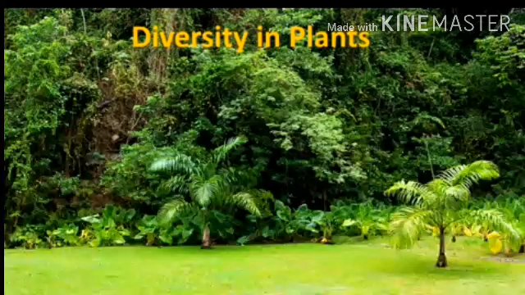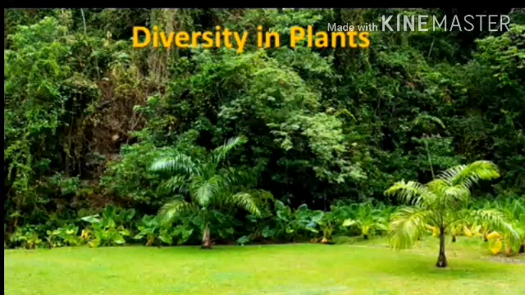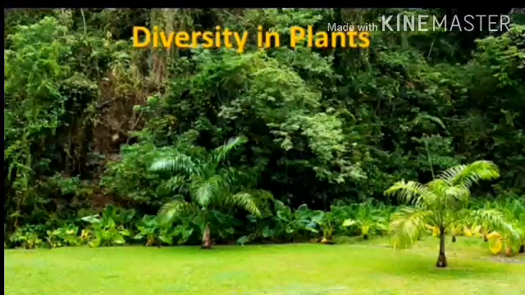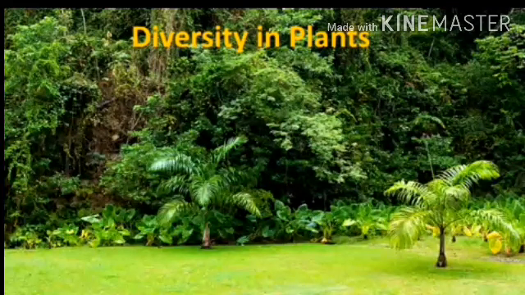So here we see the diversity in plants, the variations and structure of plants, that is, the parts of a plant: first root, then stem, leaves, flower, fruits. Their types and their functions also we have seen. I think everyone has understood this diversity and structure of plants. Understood everyone? Okay, thank you.